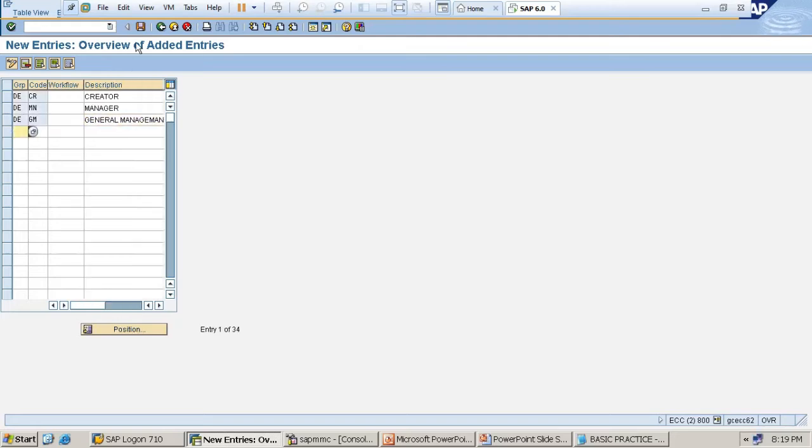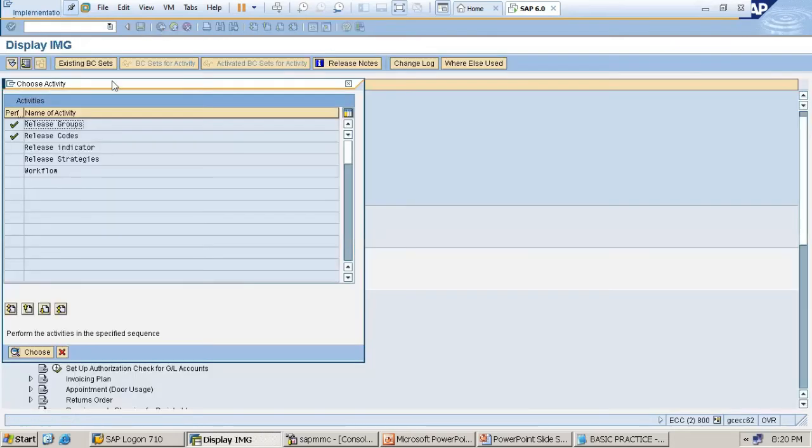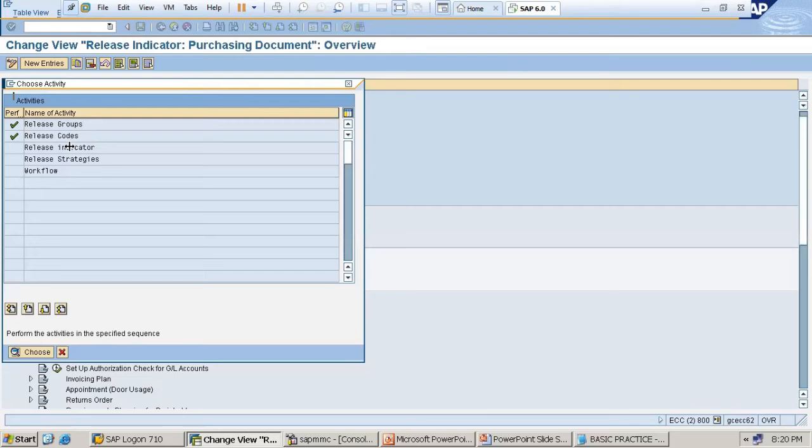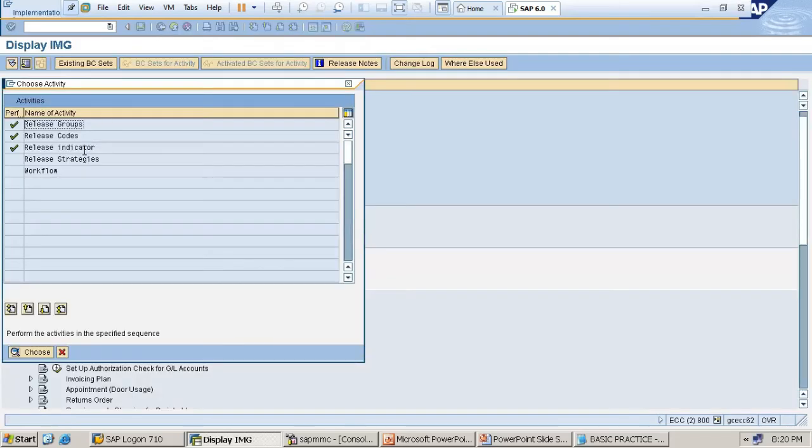Enter and save. Come back. Release indicator, B for block, R for release. Just keep as it is. Don't change anything. Come back.